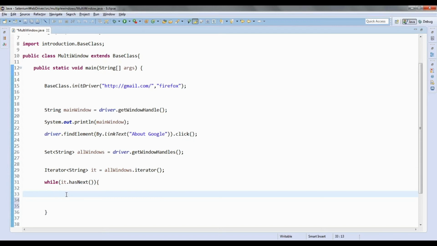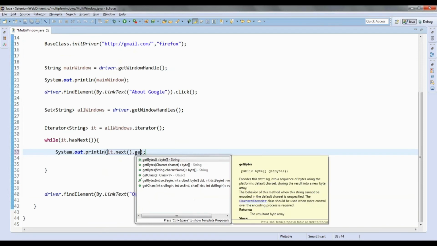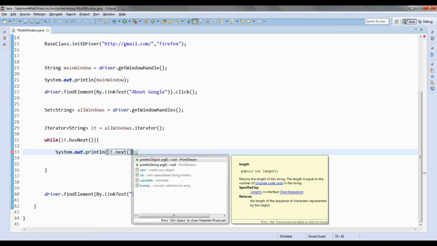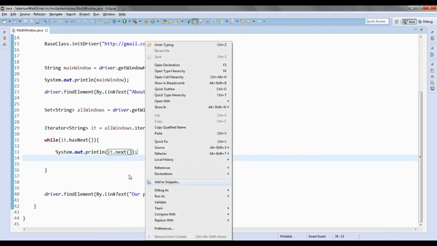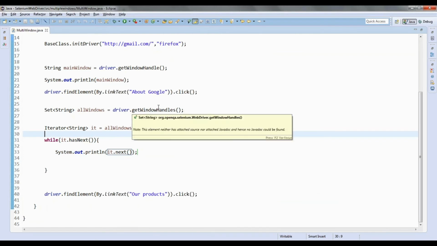So let me first display what all IDs it will return, it.next(). I am going to check what all values it is going to return me. So let me run this.